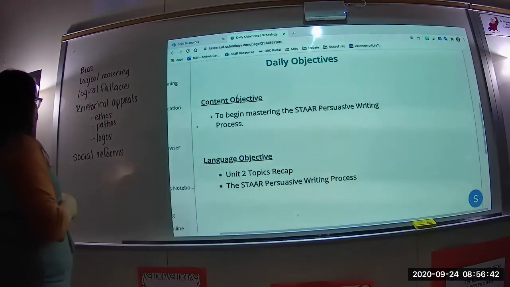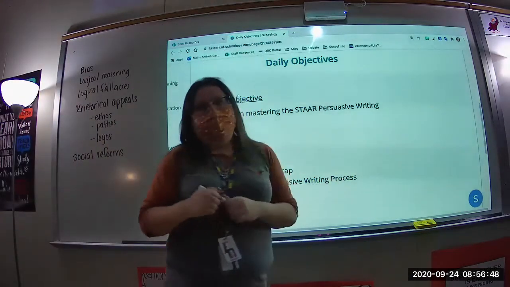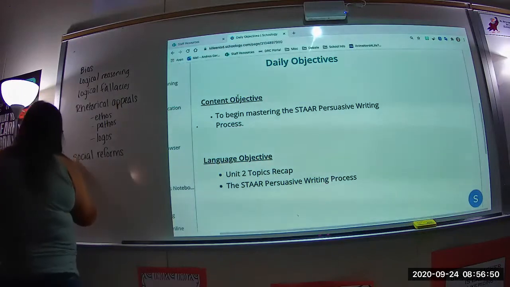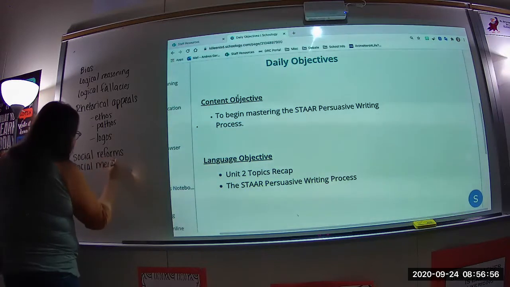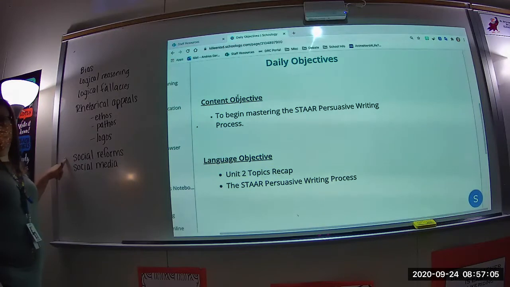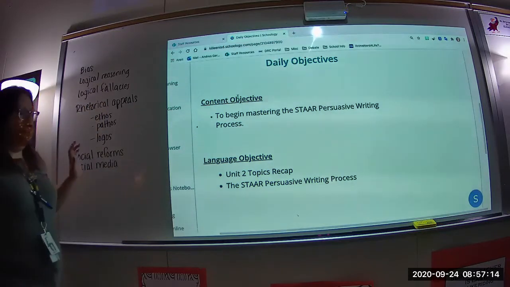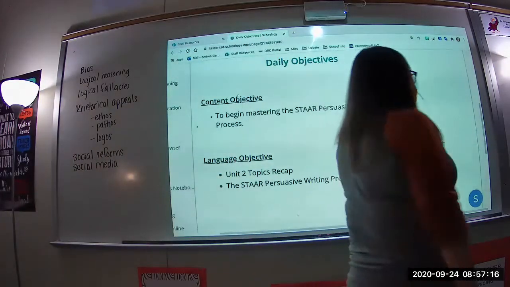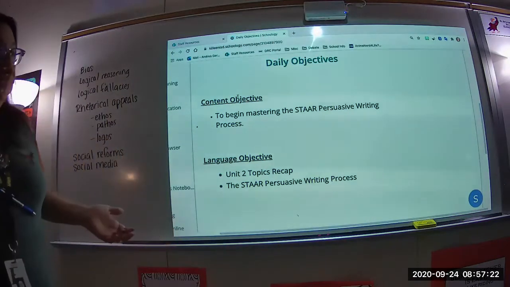Okay. And then we also talked about social media. What do we consider social media? What platforms? Instagram, Twitter, right? And right now, these two are closely tied together, right? Because we use social media to help spread information about social reform. Or you can do the opposite where you can try to undermine a social reform, right? Is all the information I get from social media accurate? No. So if you see something, we should really check into it, right? Okay. So that's basically all the stuff you've learned within these past couple of weeks, which is actually a lot,